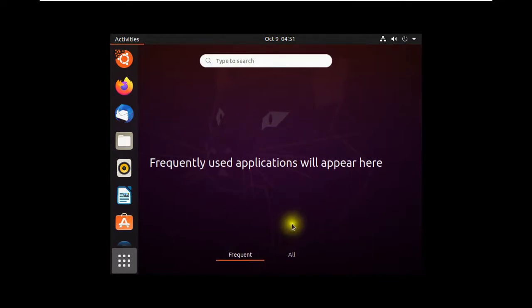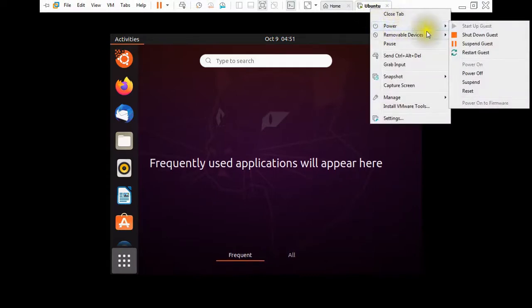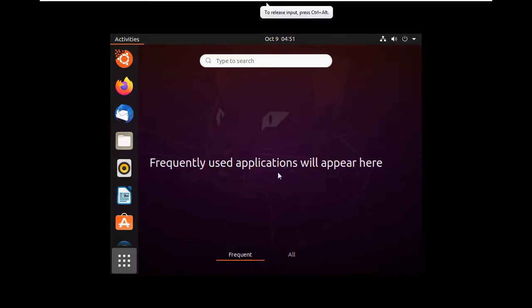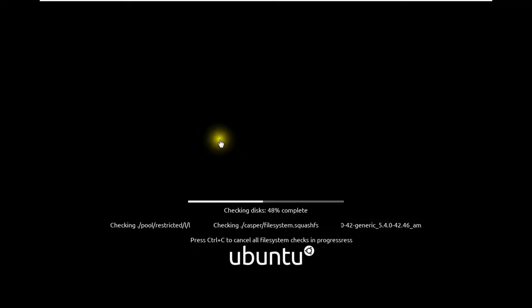So it is try only, so we have to reset this once again and we'll see the same process. I just wanted to show you what is the use of this try Ubuntu, because generally most people will tell you to click on install and go forward, but you should know the other option also, what it actually is.